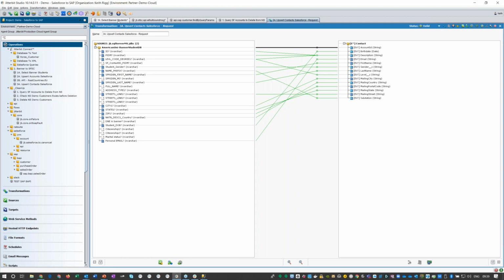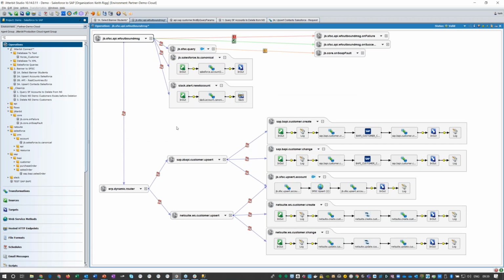So if I come back now to this flow, which is kind of more interesting, just to quickly touch on the canonical model and some of the dynamic routing. This top level operation here is the operation we publish as the webhook that receives the event-based push notifications. Top level error handling success, so we respond back to the outbound message and tell Salesforce we've got it and it's okay.